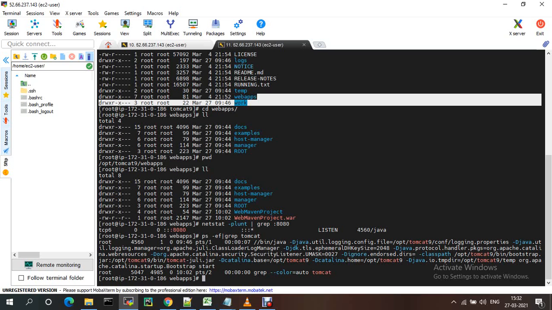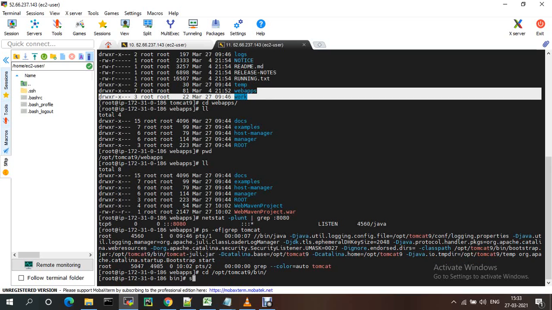For that you just need to go to /opt/tomcat9/bin. From here you just need to run sh shutdown.sh. It is running, right? Shutdown.sh.